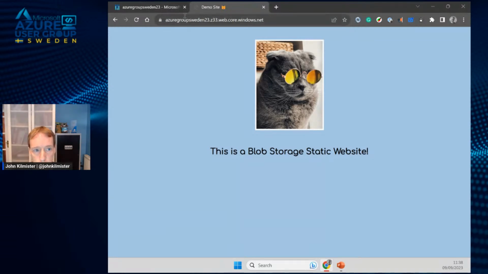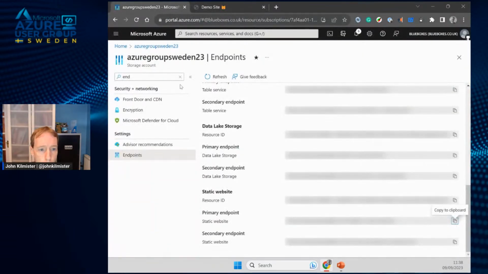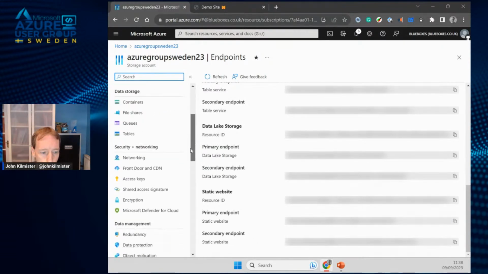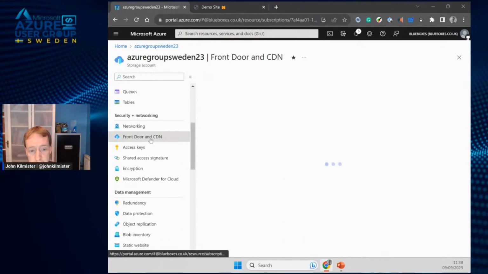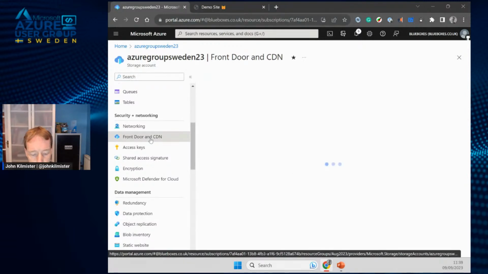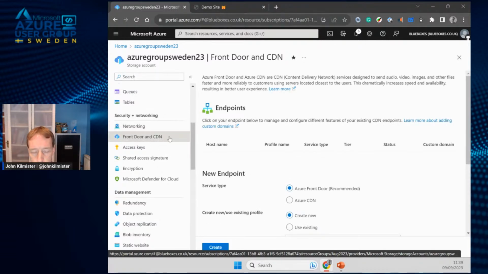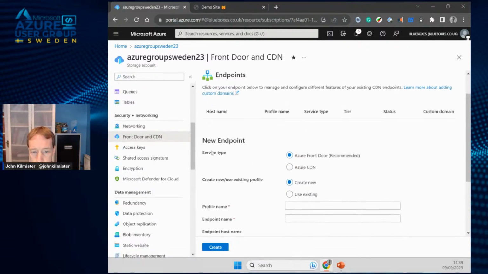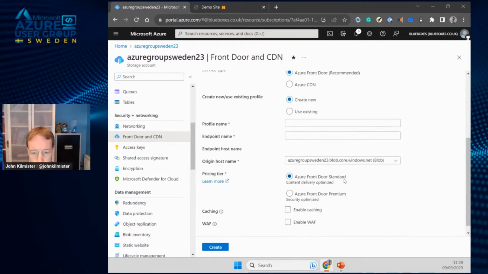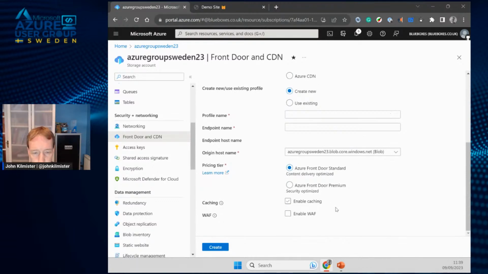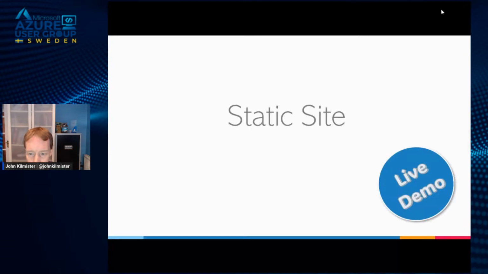Now, this isn't a custom domain name. It's not optimized, but we can do that now if we want by going to front door and CDN access. So before, you used to be able to give it a custom domain name, but it was a real challenge to put an SSL certificate and various other things on it. And CDNs, you had to configure completely separate. This is now all part of the service. So you can come in here and you can set up a front door. You can add CDN, caching, custom domain names, and various other bits and pieces, including like a WAF. So that was a really quick look at static sites.